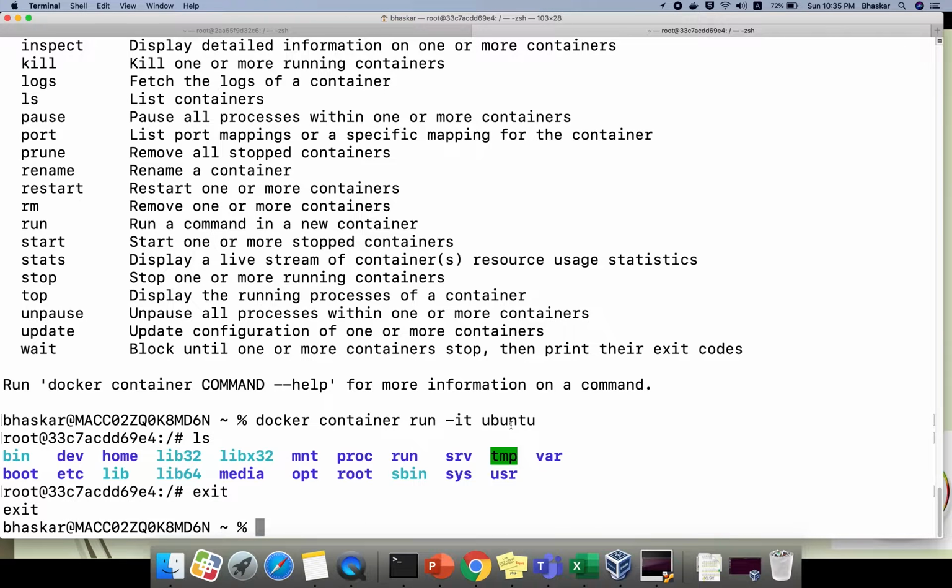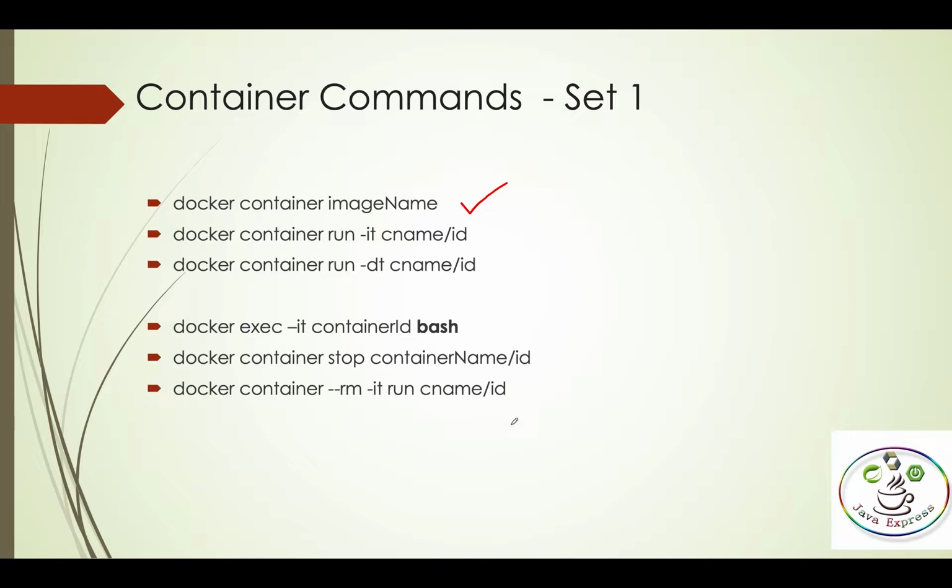I want to run my container in the background, I don't want to interact with my terminal. Then how will you do it? In which cases? A real-time use case. Suppose you create a Jenkins container, but for Jenkins you do not need to watch your logs every day, right? I want to run it in the background, and only take care of the UI. So in that case how will you do it? I want to run my container in the background. That is called detached terminal, as opposed to interactive terminal.